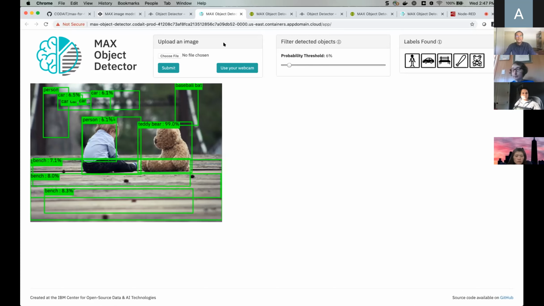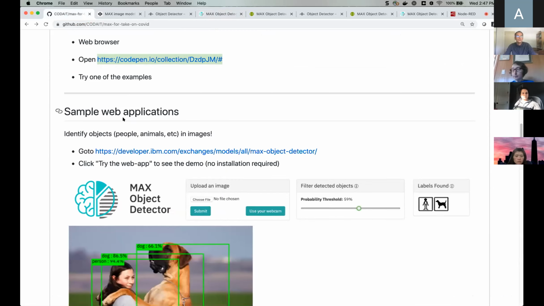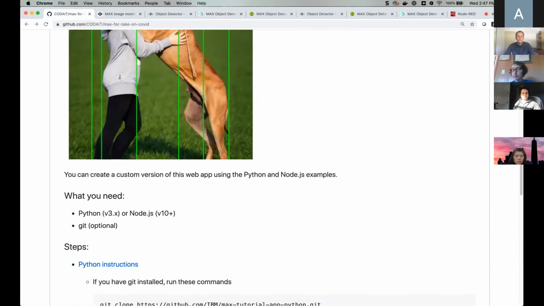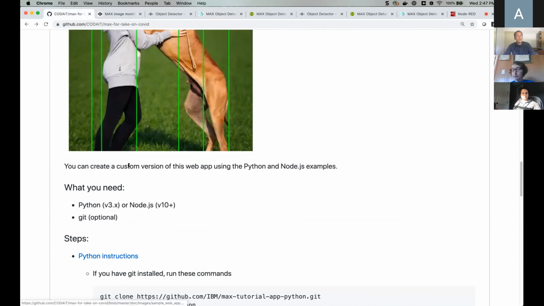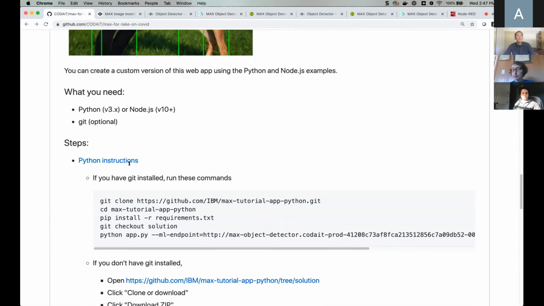Now, this demo application, you can download the source code from GitHub, modify it to suit your needs. What we have also added to the resources for this hackathon here is two small tutorial applications that do something very similar, but are a little simpler.